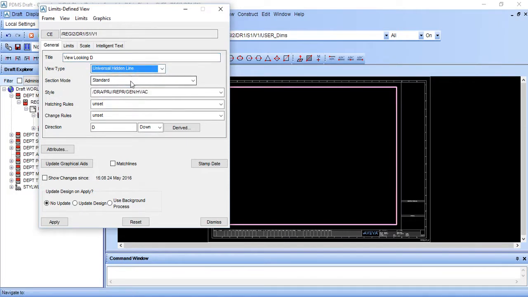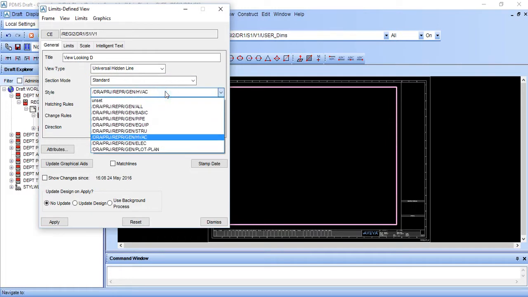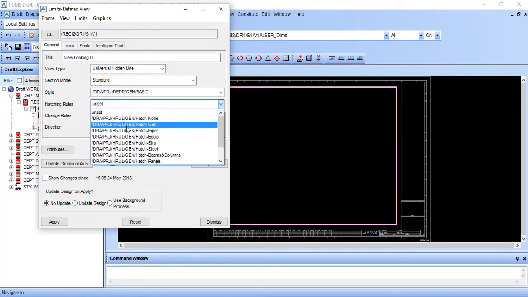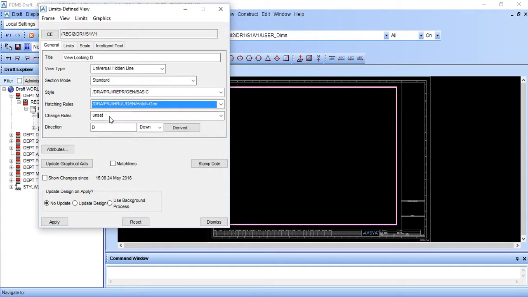Universal hidden line, mode is standard. This is general basic, hatching rule general, change rule remain unset, direction D, it is also downward, and match line on.